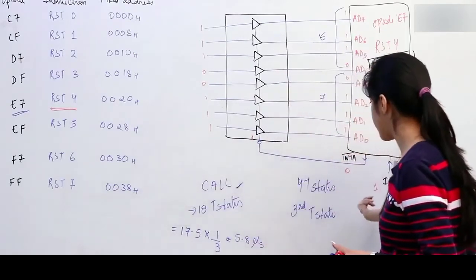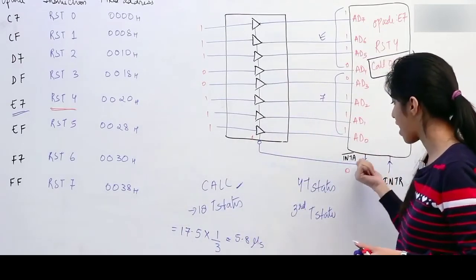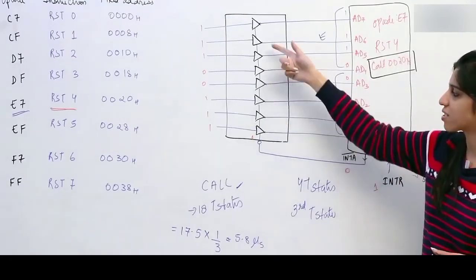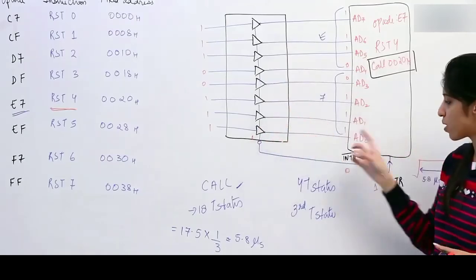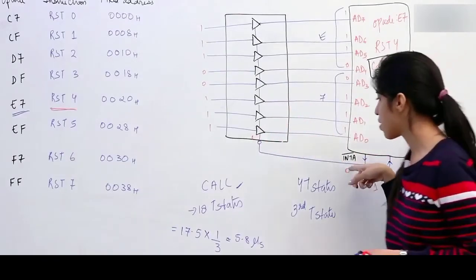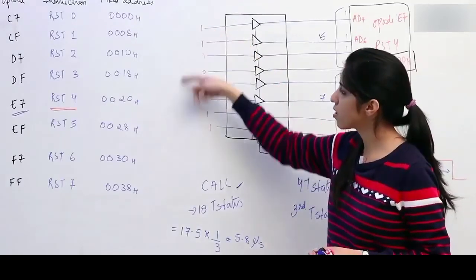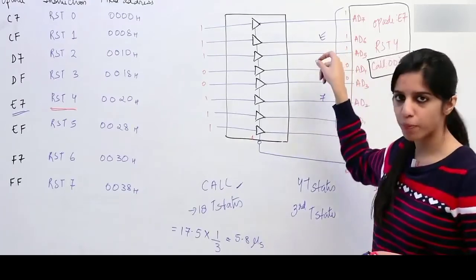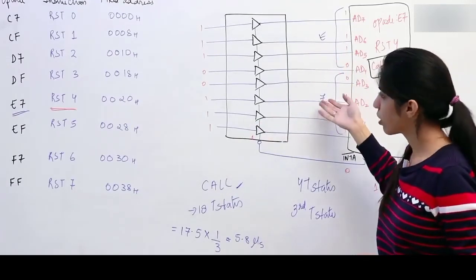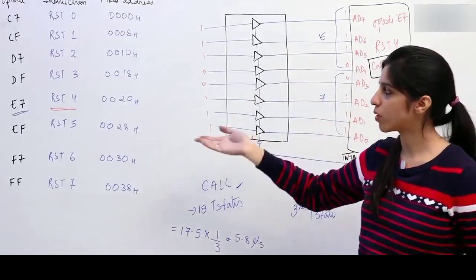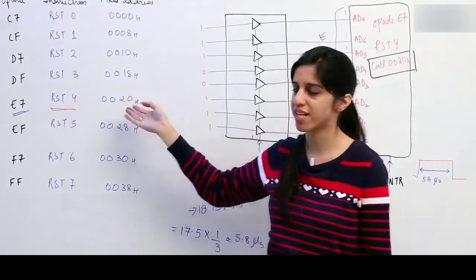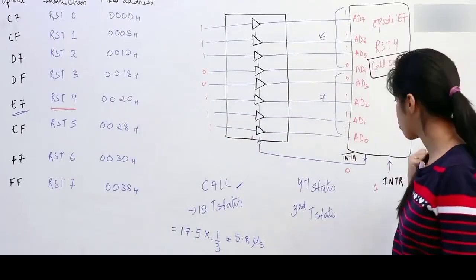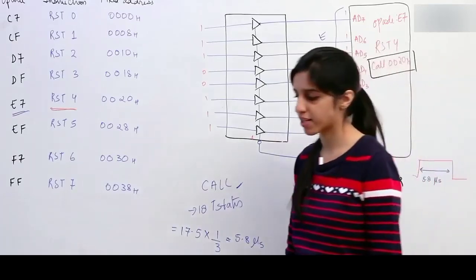Whenever you give INTR, the microprocessor gives INTA bar, which is to obtain the opcode. The opcode is obtained with the help of these tri-state buffers, which are generally high impedance whenever INTA bar is 1, but whenever INTA bar becomes 0, they become on, and whatever is the input to these gates, they give this to the microprocessor. This is interpreted as the opcode of the given interrupt, and according to the opcode, you decode it and know which instruction is to be given and what is the fixed address. Then the 1 byte call instruction will be executed, and the minimum time for which you should give INTR is 5.8 microseconds.